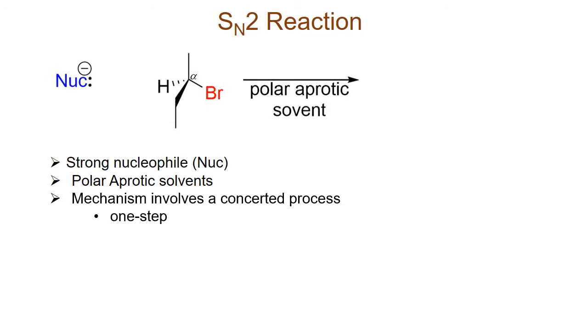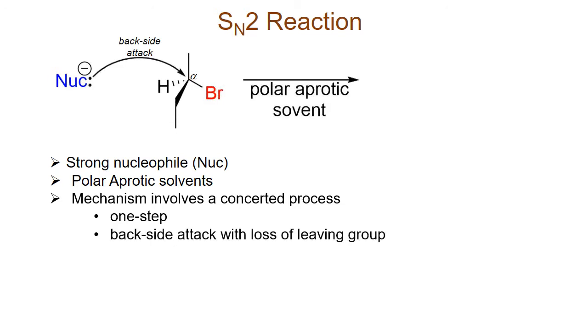In the particular example above, the nucleophile does a backside attack at the alpha carbon of the alkyl halide with a simultaneous loss of the leaving group. This results in the formation of our product where the nucleophile is now connected to the alpha carbon and the halogen is lost as a halide ion. In a case where the alkyl halide is chiral at the alpha carbon, the reaction also proceeds with an inversion